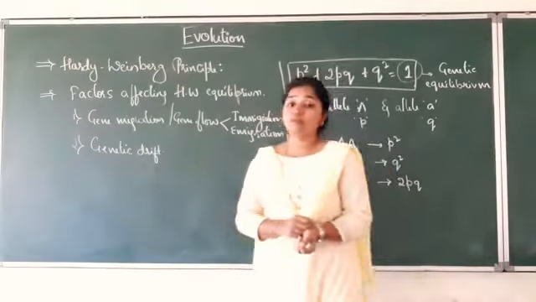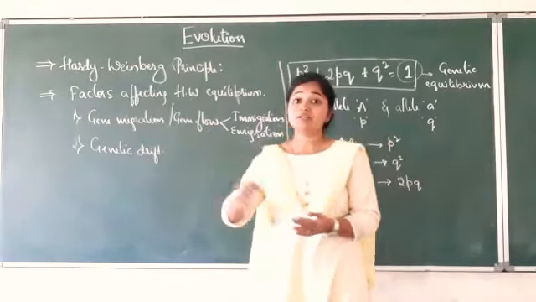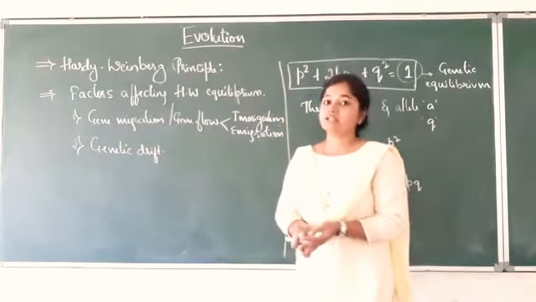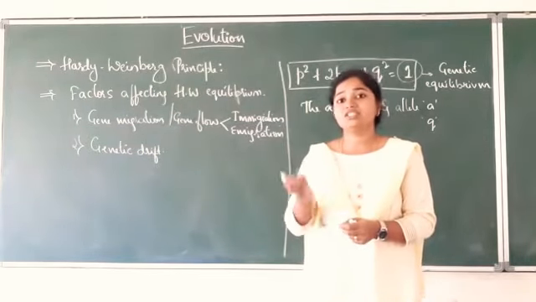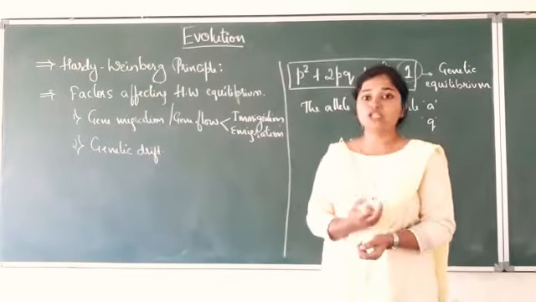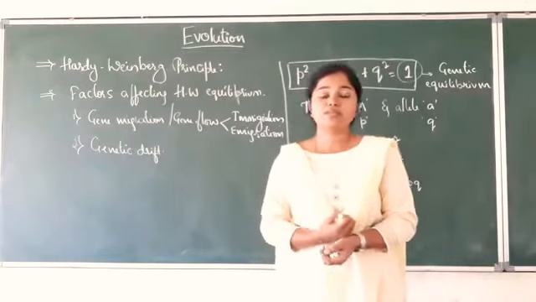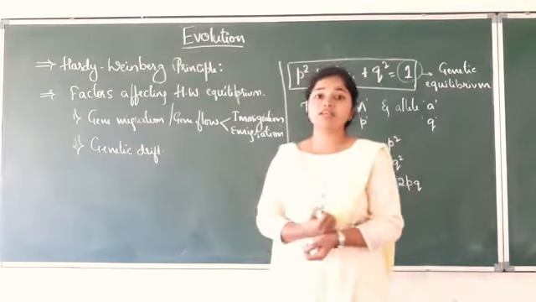So what do you mean by this genetic drift? It means when the gene migration, gene flow happens by chance. So by chance, if there is a flow of genes from one place to another place, then it is called genetic drift. Sometimes the change in the allelic frequencies can be so high that it can create a new species. This genetic drift is also explained by an experiment called the bottleneck experiment, and it is also called the founder's effect.